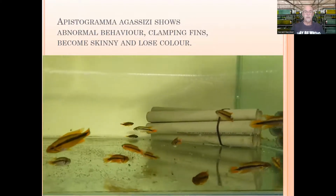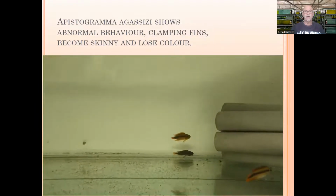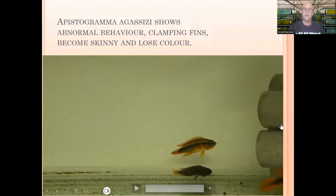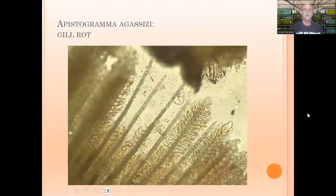Here we see the dwarf cichlids, the Apistogramma. You see some of them in the back with an abnormal behavior. They're getting dark, they're clamping the fins, they become skinny, they lose color, and sometimes a dead fish was reported. The Apistogramma agassizi, we took a skin scraping and we saw lots of bacteria, like you can see here, this group of millions of bacteria covering the scale. And we saw some damaged gills with gill rot. Most likely this is all caused by the bacterial infection, and that's why the fish will suffer and die